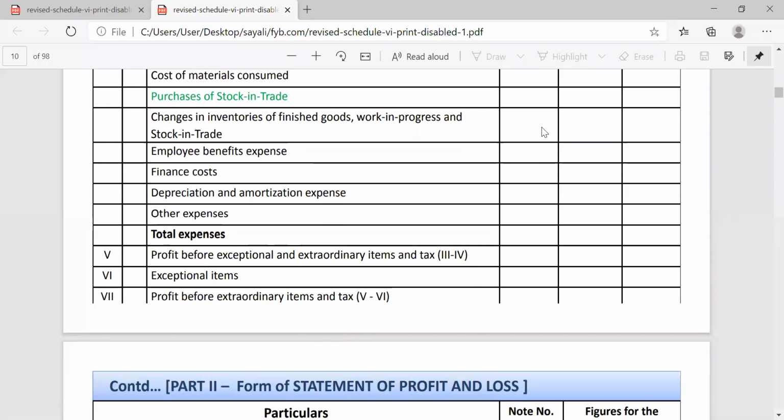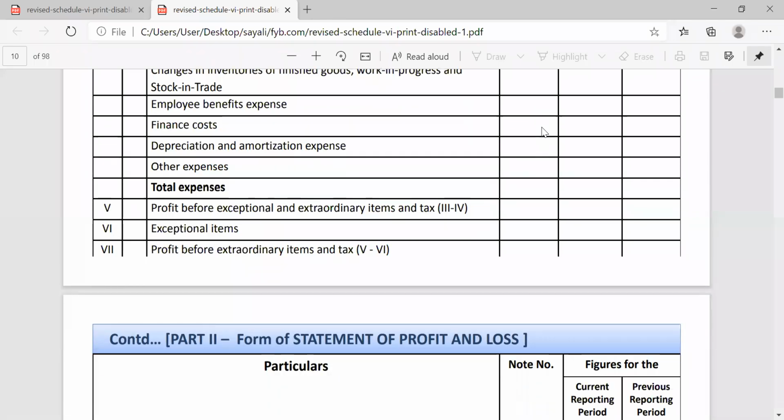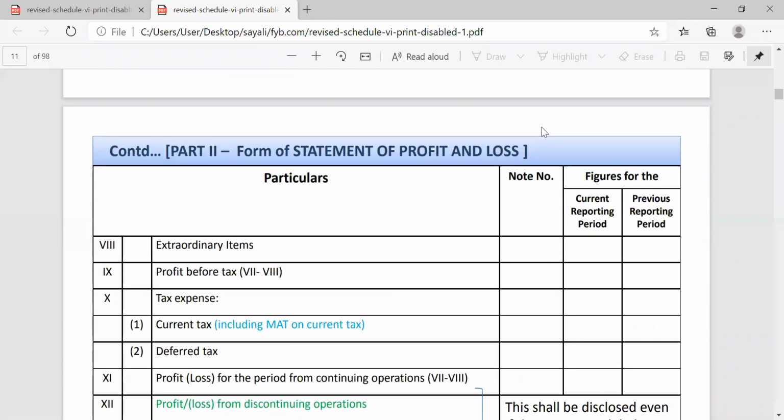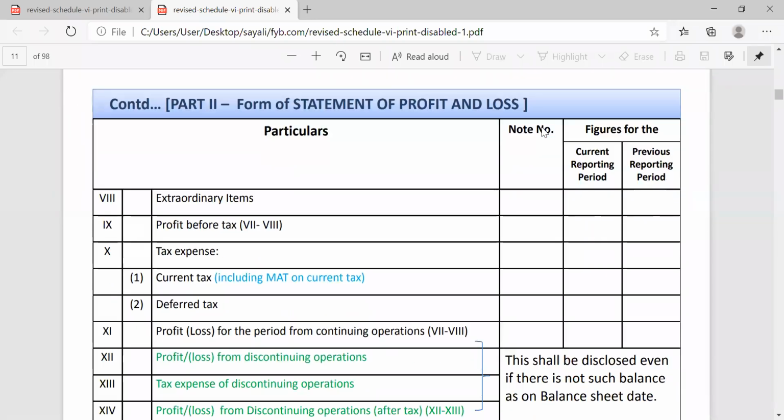Then we discuss less exceptional items. Some exceptional items are recorded. If present in your question, you should deduct them as exceptional items. Then the answer will be profit before extraordinary items and tax. Then the next point, point number 8, less extraordinary items, if present in your question. Whatever the answer is, profit before tax, that is 7 minus 8. Then point number 10, tax expenses, which include the current tax,